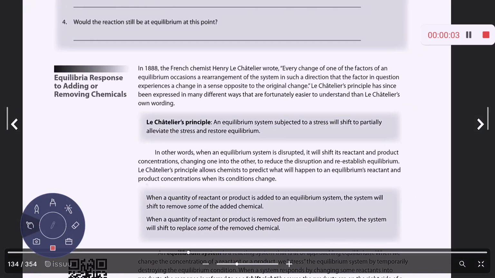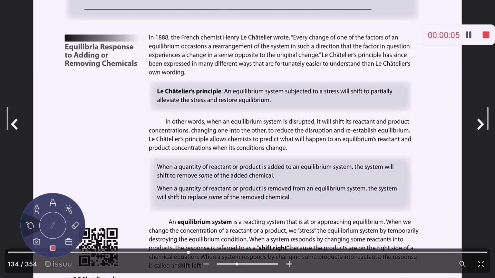Okay, so this next section is about Le Chatelier's principle, and there was a French chemist in the late 1800s by the name of Henry Le Chatelier. He basically said that if we stress out a system at equilibrium, and by a stress, I mean maybe I change the volume, which would change the pressure, or maybe I change the temperature or the concentration of something, then